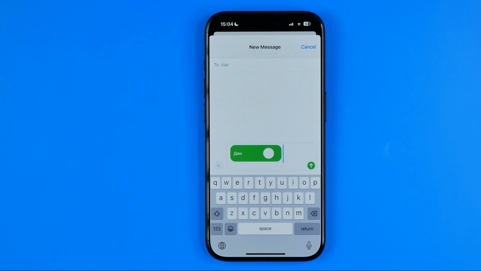That's how you can easily share a contact on iPhone,